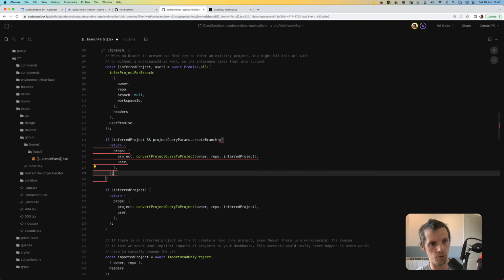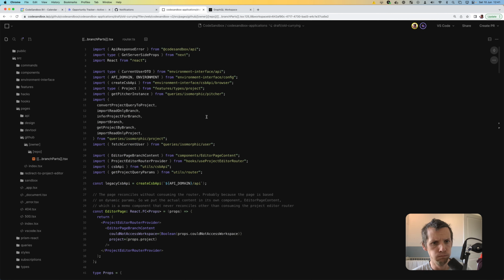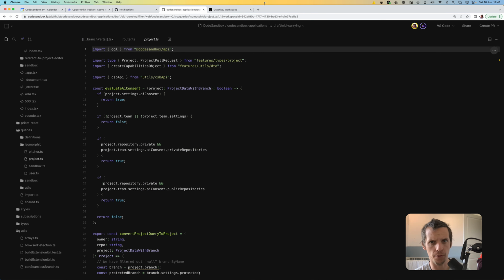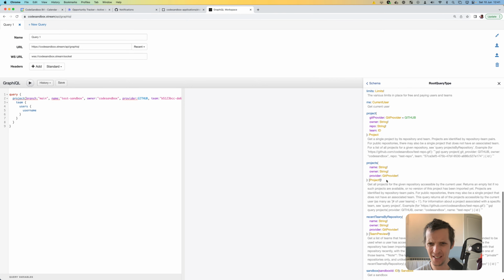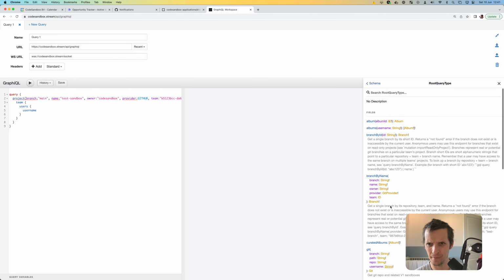And what we need to do, I need to check our mutations here. Isomorphic project, let's see, import branch, import infer. I don't think we actually have this query for creating a branch. And I think it's actually just, oh